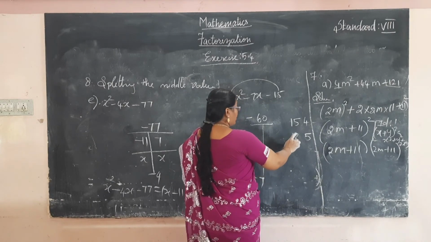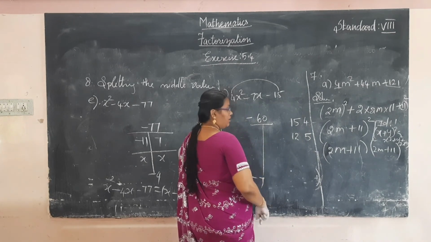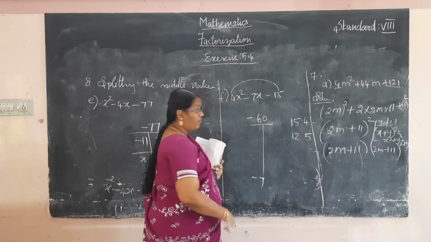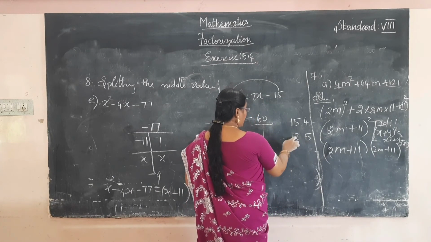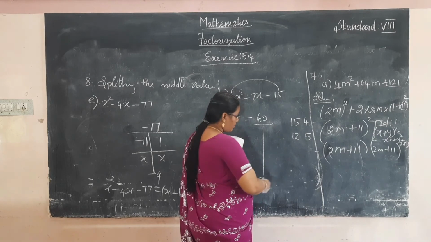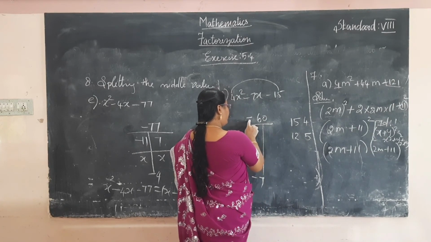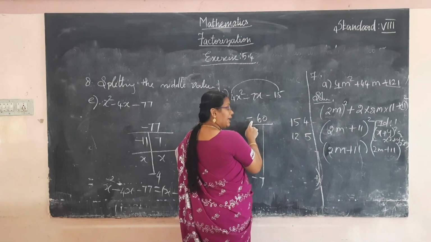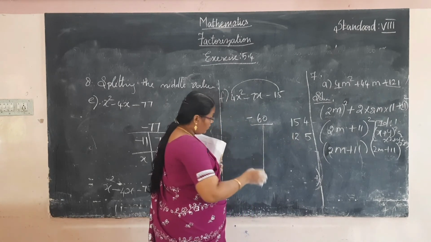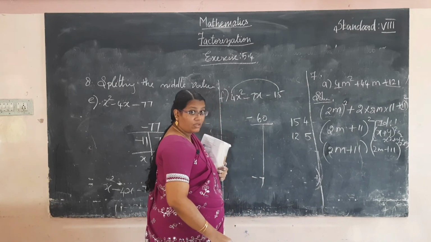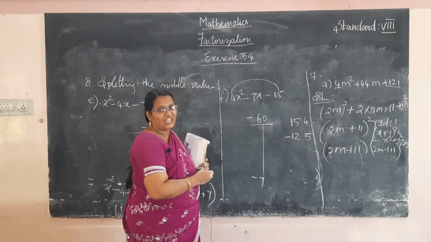Okay, so here 4 15s are 60, but the sum of the values is more than 7, so it's not possible. Here 12 fives are 60, the difference of 12 and 5 is 7, so stop there, this is the possibility. The product of the factors is negative, minus 60, so one of the numbers is negative. See the sum of the values. Okay, the sum of the factors is negative, so which one is the greatest one? We will put the negative sign there.